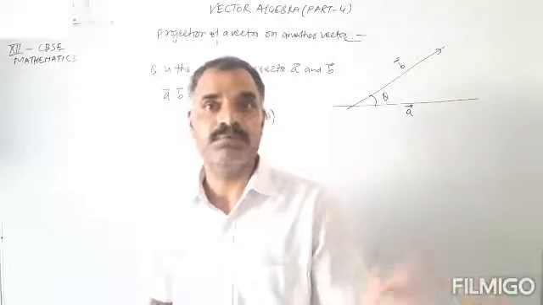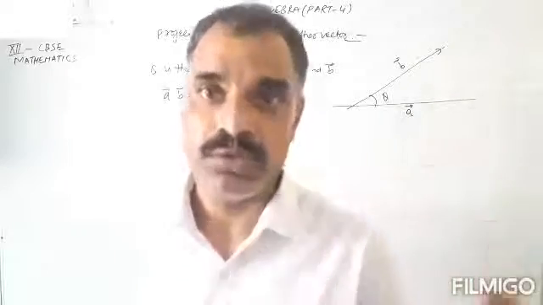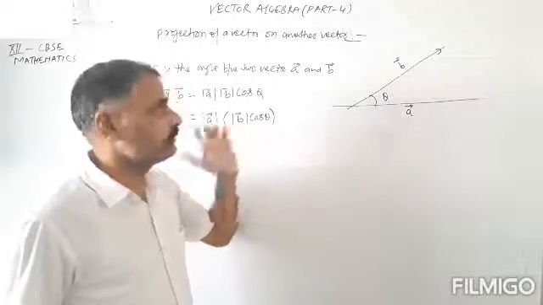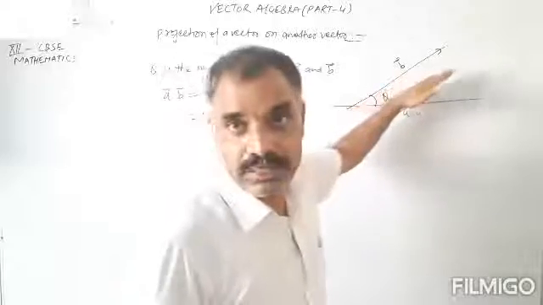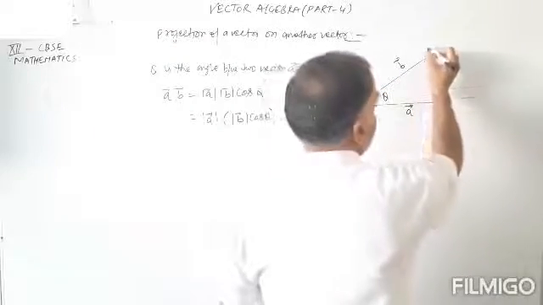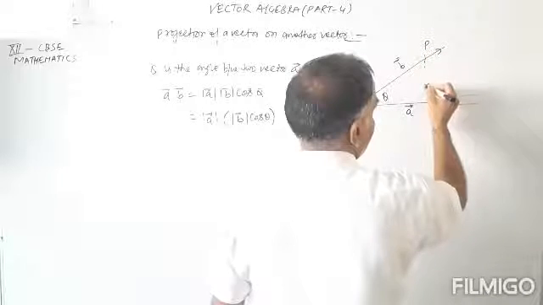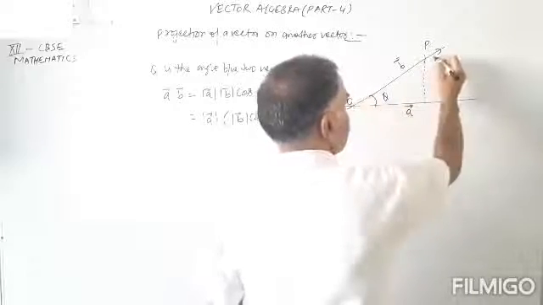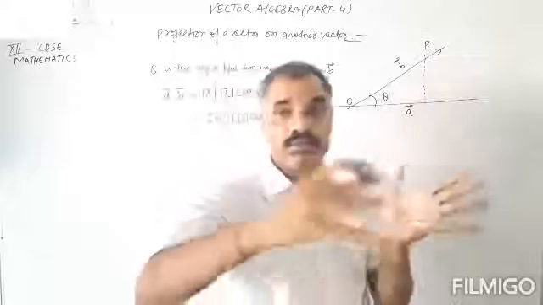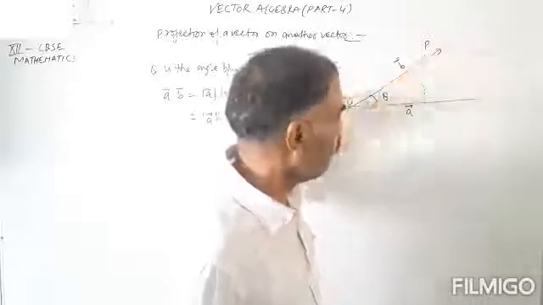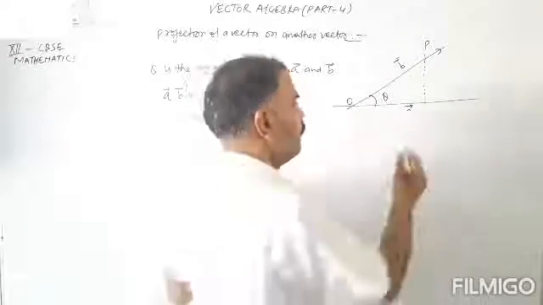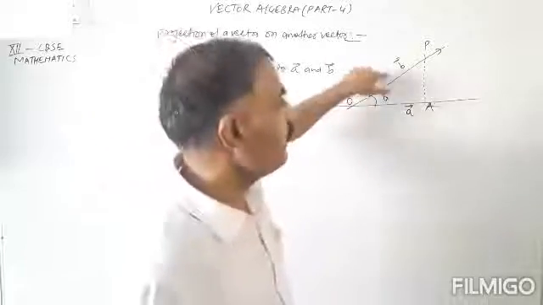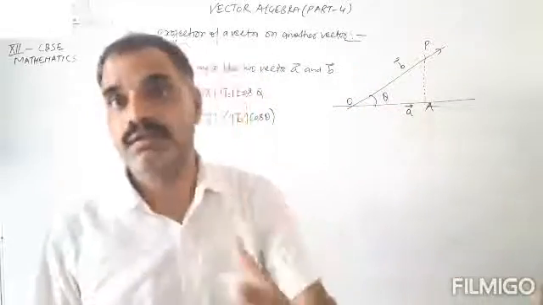Cos theta can be separated from b, and from a also. So this can be written as the magnitude of vector a dot the magnitude of vector b times cos theta. Now have a look at this diagram. Let this point be P, and draw a perpendicular. The projection of OP on OA is just like the shadow of OP on OA. The shadow of vector B on vector A is the projection.